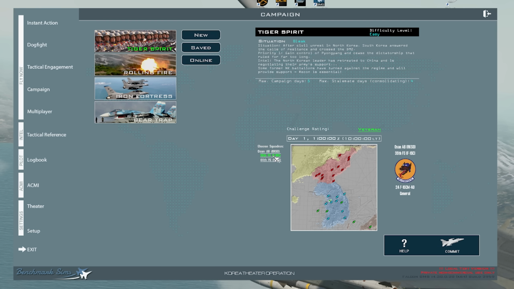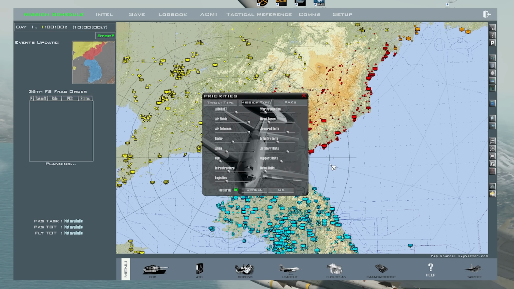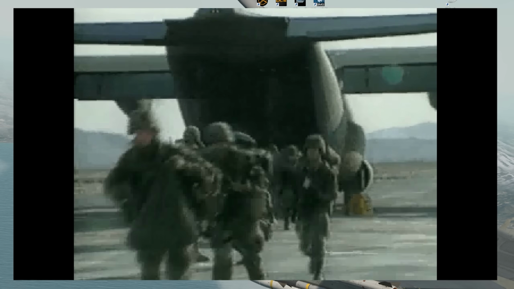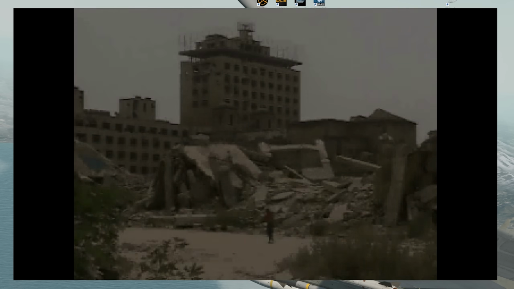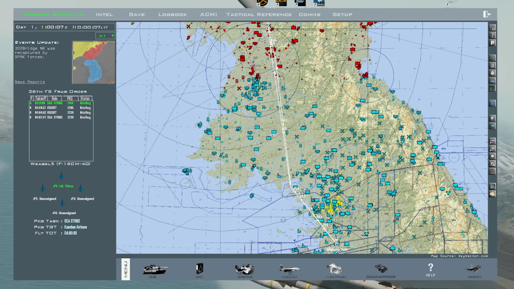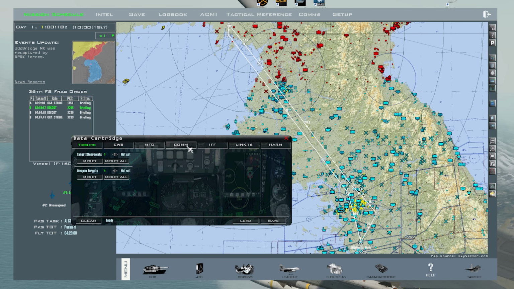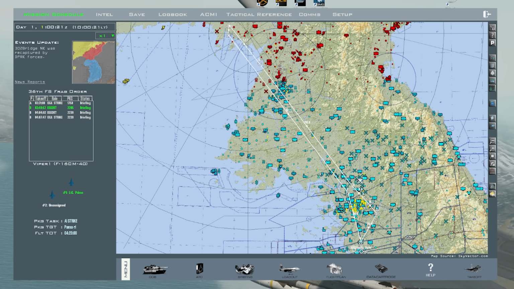Go ahead and go to whatever squadron you want to go to, 36th or 44th. It tells you what type of aircraft it is right here, and you can click on the different airfields, and it'll tell you what kind of aircraft it is right there. And you go ahead and press commit, and it brings you up to this screen, and you can do everything right here. And for the combined forces there's another movie, so let's press escape. The combined forces, another one, press escape. And the movies are there, and now they're gone. And now you can pick the flight you want to go in, pick the aircraft you want to be in, and then you're good to go. Of course, make sure you press your data cartridge, comm plan, IFF, Link 16, all that stuff, and press takeoff,